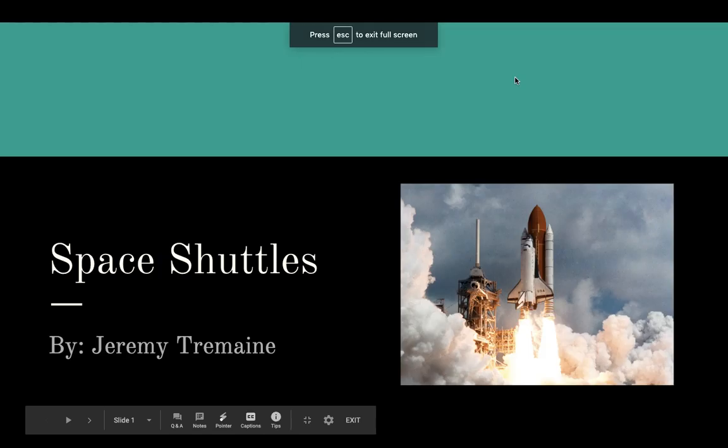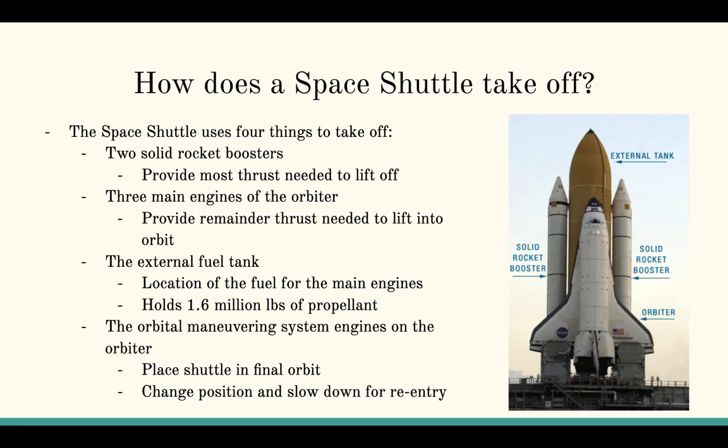Space shuttles are one of the biggest achievements in human history, but there's a lot of things that happen in the background. How does a space shuttle take off? To begin the takeoff, the space shuttle uses four things to lift off the platform up to orbit: two solid